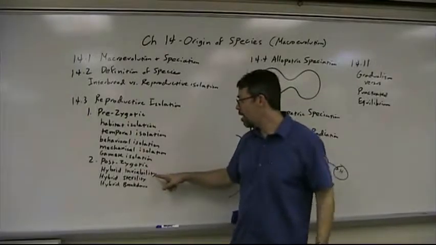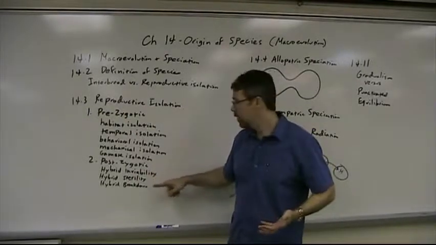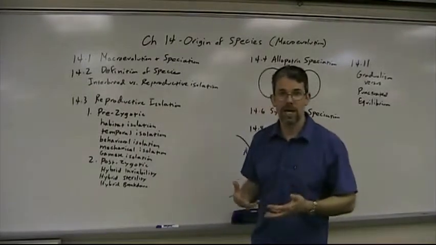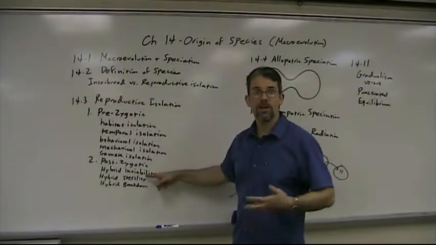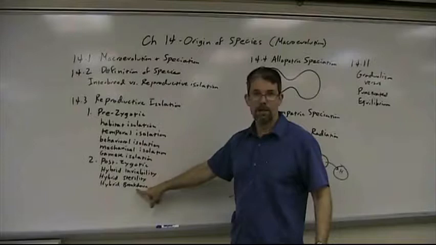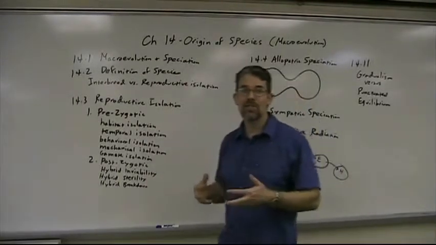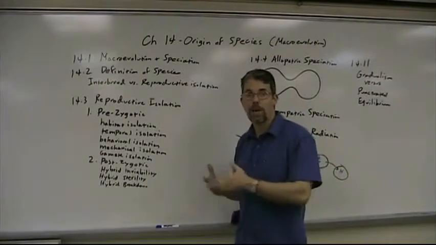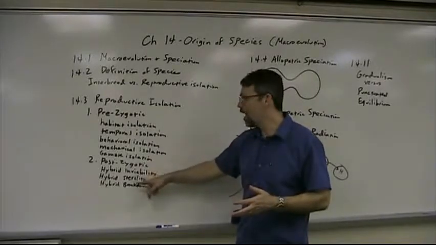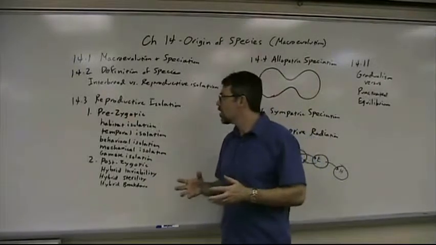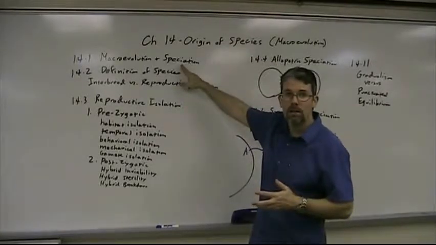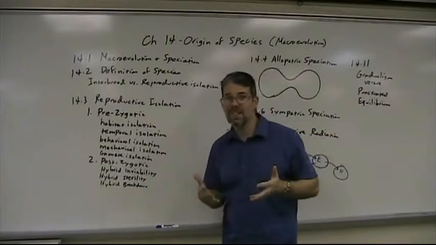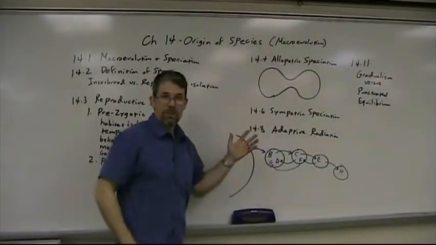In the case of hybrid inviability, the hybrid either doesn't develop or is too frail. In the case of hybrid sterility, the hybrid is healthy but cannot successfully produce eggs or sperm. Reproductively sterile. The mule is an example of that. Hybrid breakdown occurs if the hybrid is healthy and is fertile but attempts to interbreed with either parent species or with each other, breaks down in the next generation because of being inviable or sterile or some other problem. So, for speciation to occur between populations, there has to be the origin of a reproductive isolating barrier where it didn't exist before. Now, mechanisms of speciation are discussed in your book.